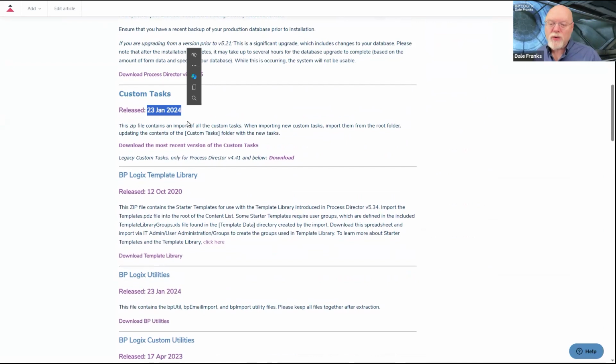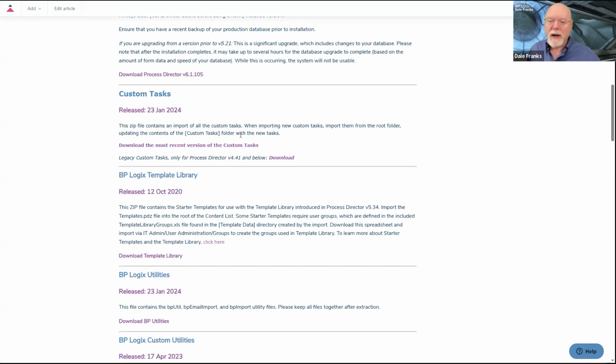So our last release of custom tasks was on 23 January. So that was the most recent time that we made an edit to a custom task and reissued the custom tasks. You do need to come here on a semi-regular basis to be sure that you have the newest version of the custom tasks.